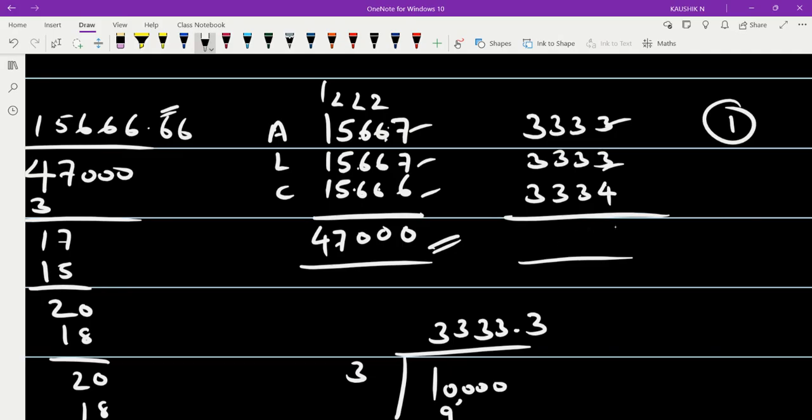3 + 3 is 6, + 4 is 10, 1; 9 + 1 is 10, 1; 9 + 1 is 10, 1; 9 + 1 is 10. So accountancy is a place, or it's a subject where we will follow the arithmetic or mathematical rule, but at times we will deviate from that basic procedure, whereby we should ensure that what amount you have taken for division is getting perfectly matched. 1 rupee also should not go in excess. 1 rupee should not go in deficit.